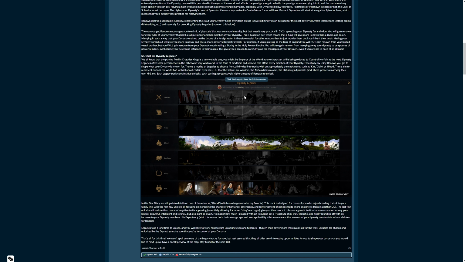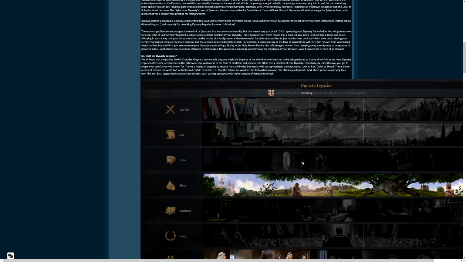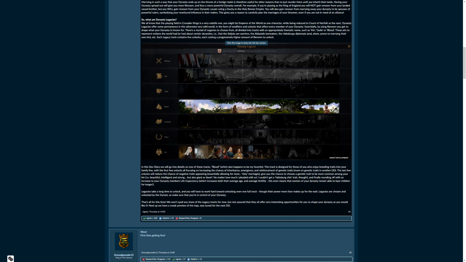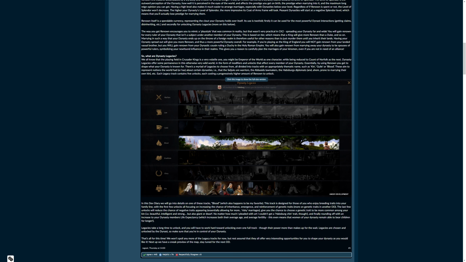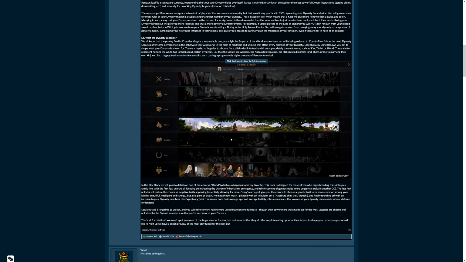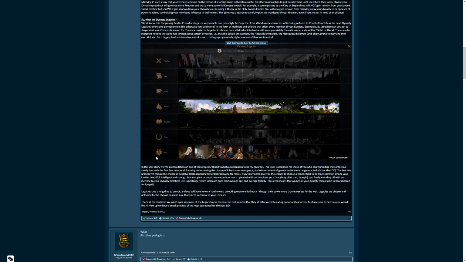As you can see, this is all dark. But something here is unlocked fully, like that of blood is unlocked fully. That of kin is unlocked a little bit, and the rest is dark. So you can combine that and you can add that up. That's very role-play-ish, and that's going to be very interesting, influencing the strategy you have. So, in this dev diary, we'll go into details on one of these tracks.